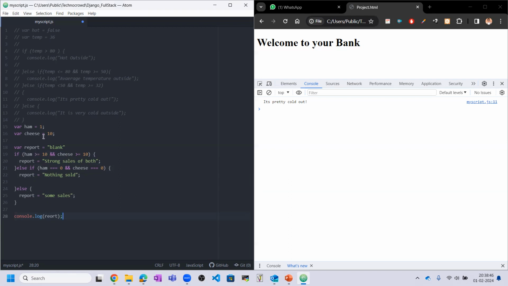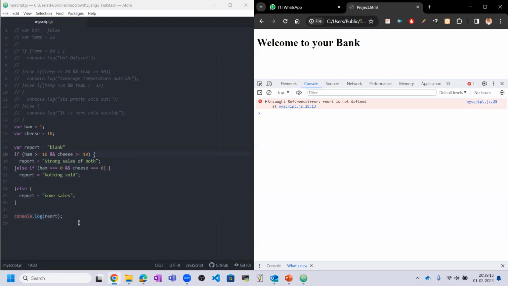So let's say cheese is equal to 10 and ham is equal to 1, but it is the AND operator. One thing becomes false and another becomes true, so the whole becomes false. And here ham is equal to 0 is also false. The else part will execute,